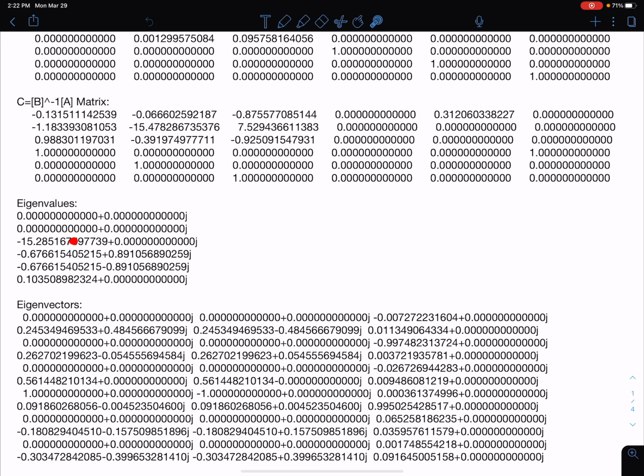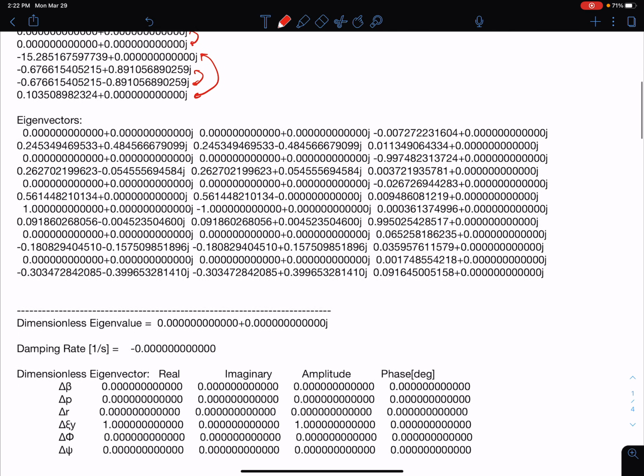Next, I get out a real number here, and then two imaginary numbers that are complex conjugates. You can see that there. So these two obviously pair. So let me just mark these. These two are going to be a pair. These two real numbers will be a pair, and then of course our two rigid body modes are a pair. So let's go through each of these and learn about these natural lateral modes that come out of this solver.